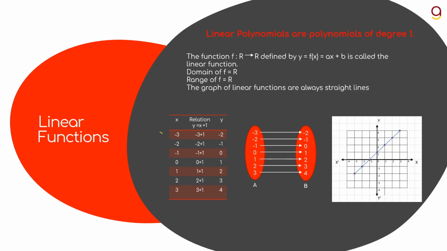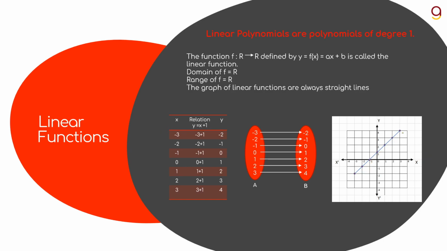Now again we will substitute the same table, whatever the points are here. Suppose this is the x-axis and this is the y-axis, and I have the points minus 3. If we take minus 3 as the x value, the y value will be minus 2 for this particular relation, y is equal to x plus 1. So for minus 3 we have minus 2, for minus 2 we have minus 1, for minus 1 we have 0 as the y value. Similarly, we plot all the other points.